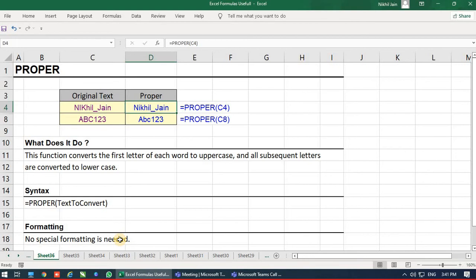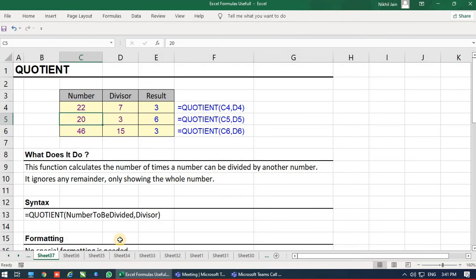Okay, moving to next, quotient. Again, a mathematical formula. Basically, for example, we have 50 rupees and 50 number and 3. Now how many times can 3 be divided into 50?